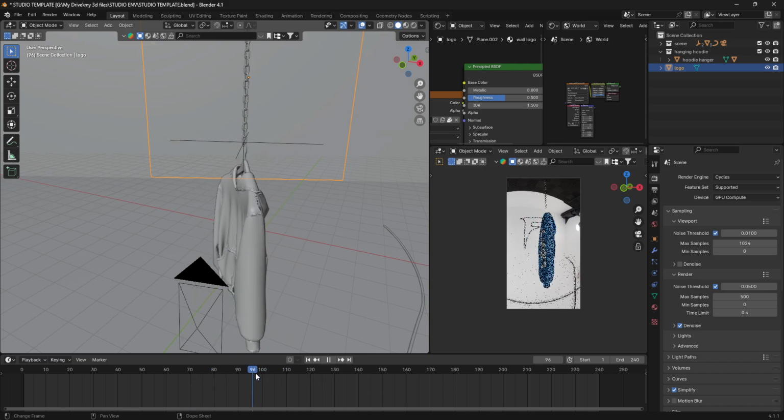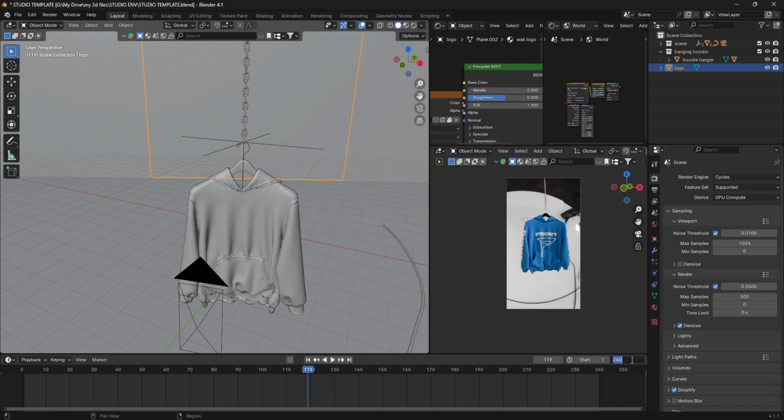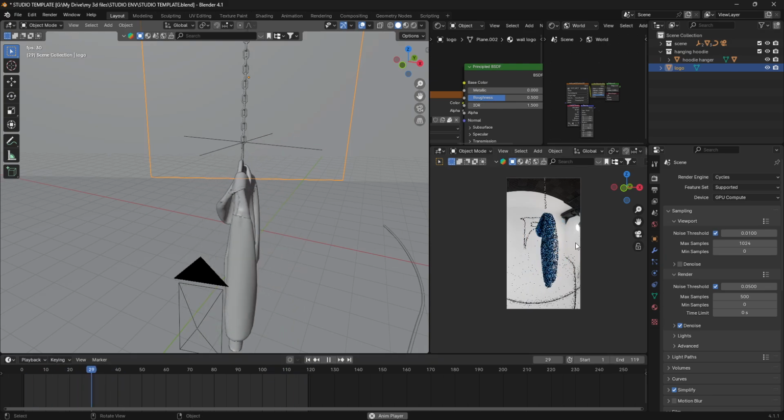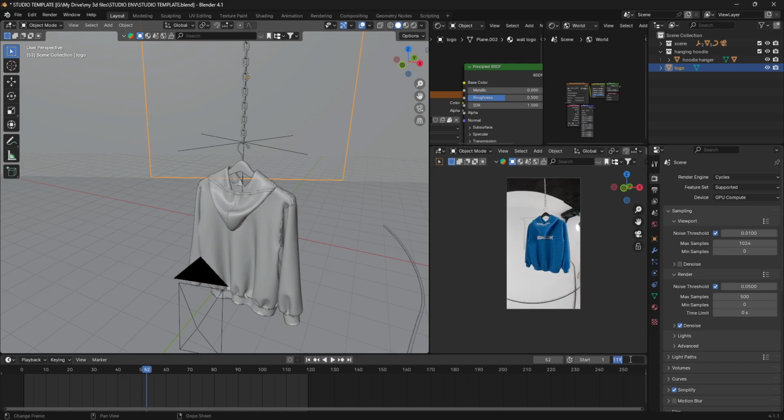So if you only have one piece you want shown, you can end it here at 119. That way the animation's moving smoothly, or you can keep it at 250. And then